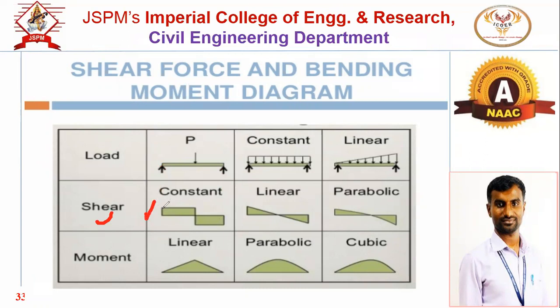So the nature of SFD for the central point load in case of simply supported beam, it will be like this. It is given by two rectangles. One is positive, second is negative, and this particular value, suppose this I will denote by X. So what is the shear force X? What is that value? Suppose this shear force is X. So X is equal to P kilonewton, P by 2 kilonewton, P by 3 or 0. Who will tell me? What is X value?